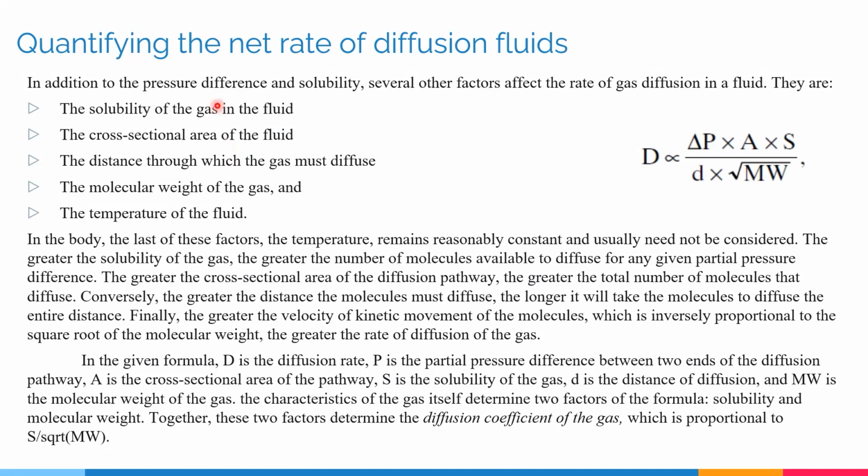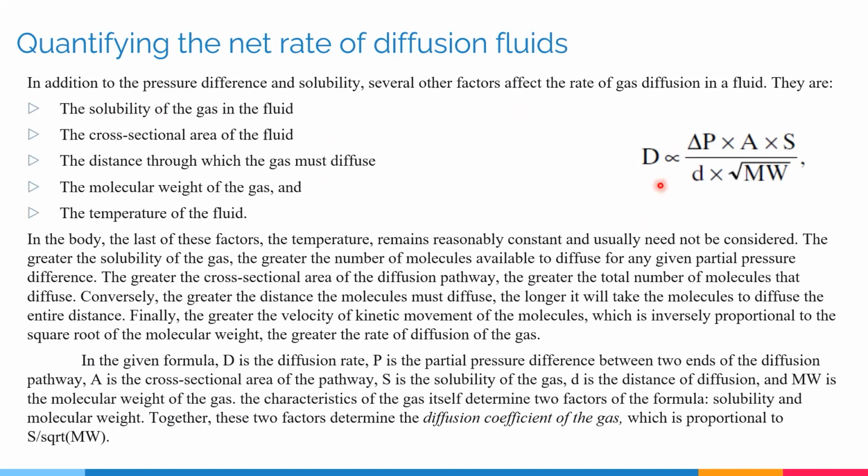Next, we will look into quantifying the net rate of diffusion. In addition to the pressure difference and solubility, several other factors affect gas diffusion, which include the solubility of the gas in the fluid, the cross-sectional area of the fluid, the distance through which the gas must diffuse, the molecular weight of the gas, and the temperature of the fluid. All of this can be combined into this particular formula,